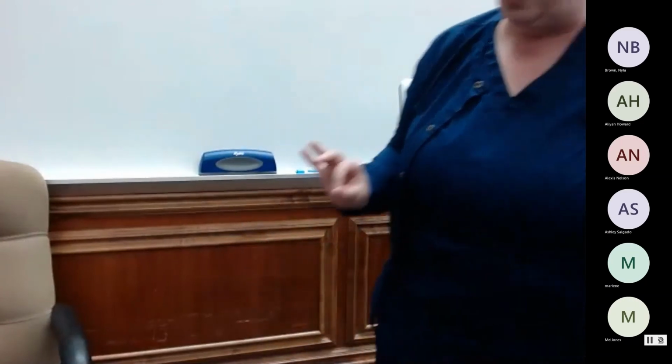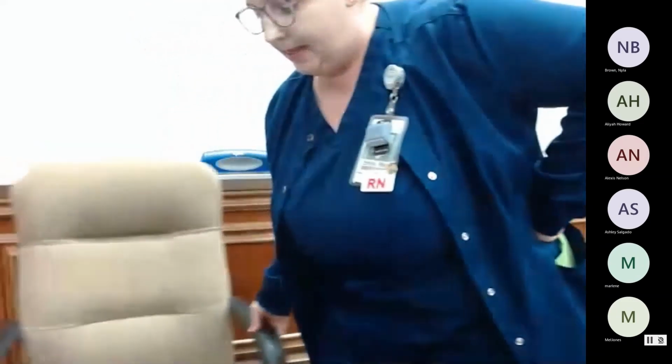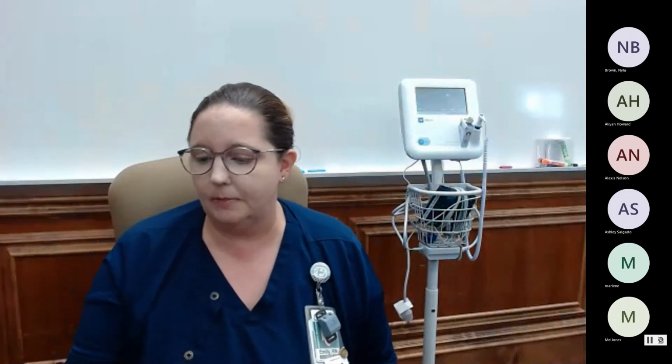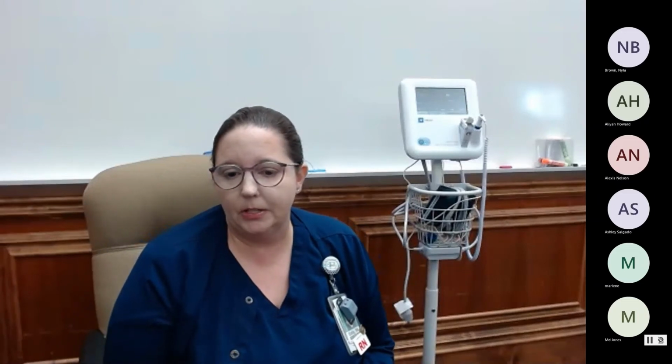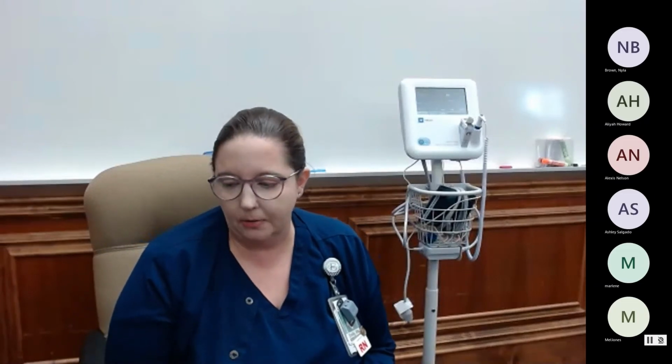Our clinicals, by the way, are in a nursing home, and that's because the state of Alabama requires that the clinical experience for a certified nursing assistant be in long-term care facilities, and that's a fancy way of saying a nursing home. So the clinical experience will be in long-term care, and that's the bulk of what the book focuses on, but